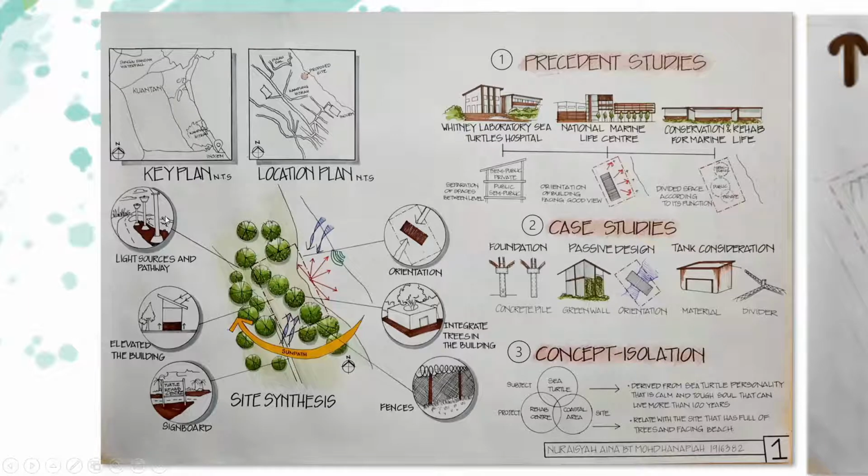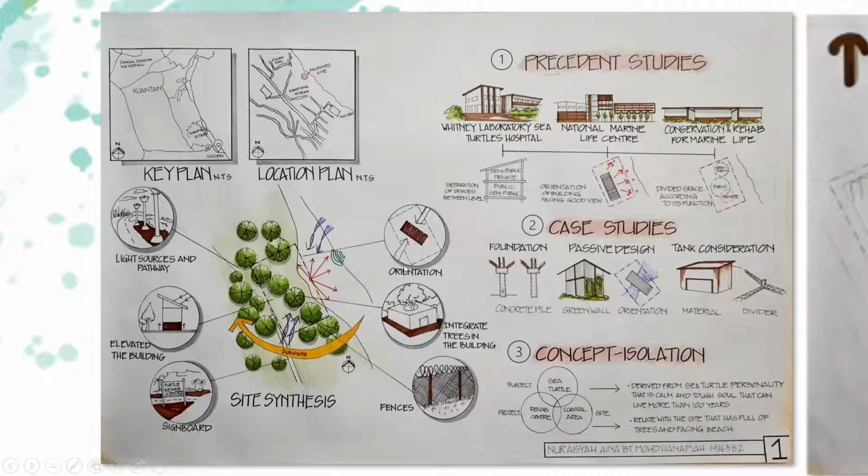As for the site synthesis, the first one is I suggested to provide light sources around the center to ease the user to access and for safety purposes during night. Second is to elevate the floor of the building since the site itself is located at the coastal area. The third one is to add signboard and propose pathway to the rehabilitation center so it can be seen and